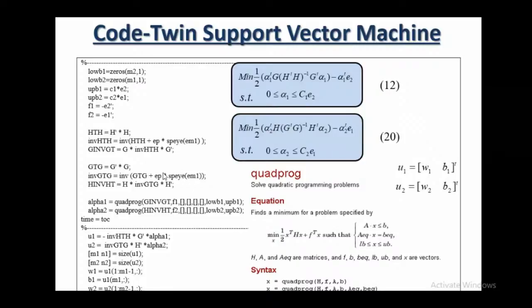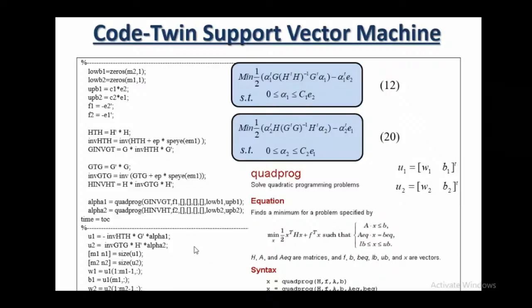So once we have alpha 1 and alpha 2, because now the same thing you can write in this particular manner, you can find out alpha 1 and alpha 2. Once we have alpha 1 and alpha 2, you can put them here, so you will get U1 and U2. And if you know U1 and U2, you can find out W1 B1 and W2 B2, because you already know U1 and U2. U1 is given by this one and U2 is given by this one. So this particular code is to write this linear classifier, how you can solve this linear classifier. Further, suppose we have any test sample.